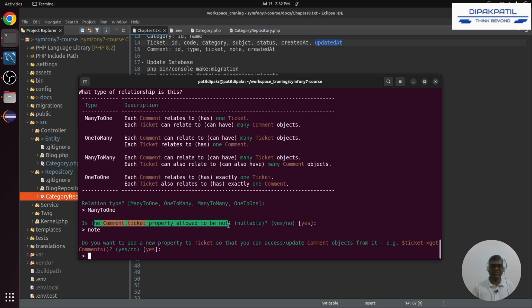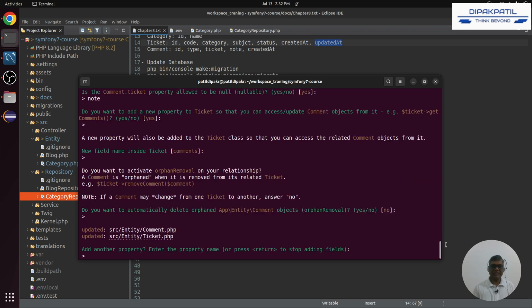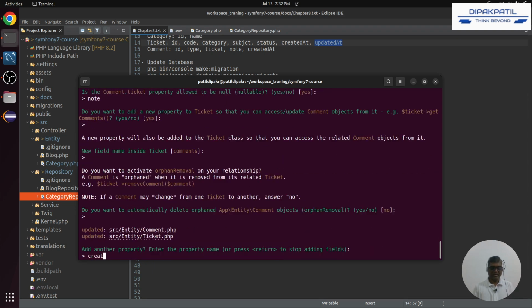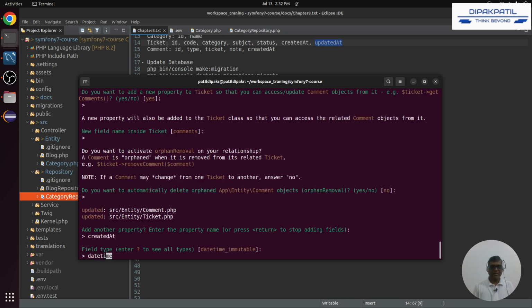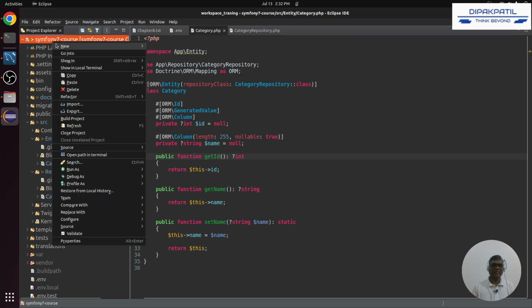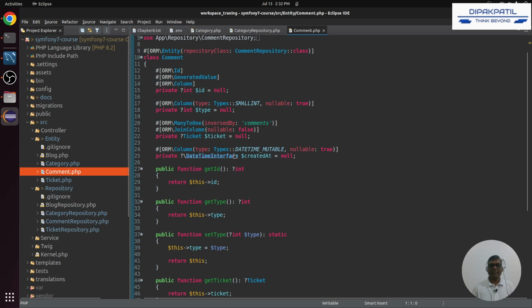Wait, is this ticket allowed to be nullable? Yes. Ticket dot get comment, yes. Orphan removal, yes. Okay, note. Created at, date time, yes, that's it. Let's verify that. And comment ticket should be null. Nullable equals false, so I want nullable equals true,